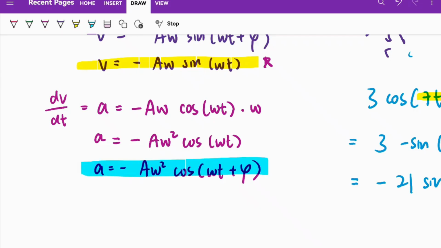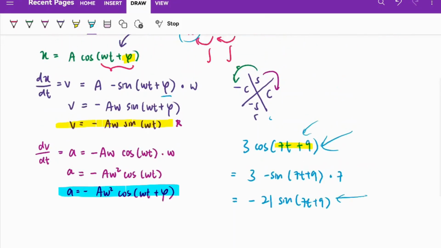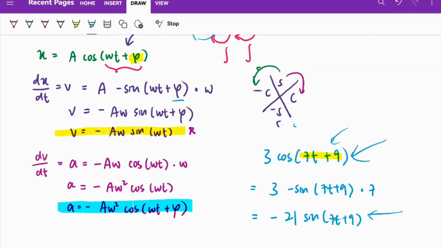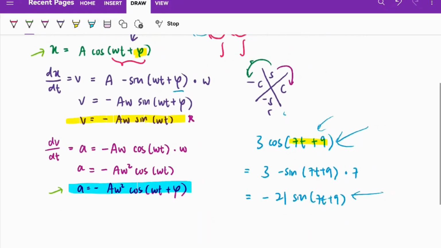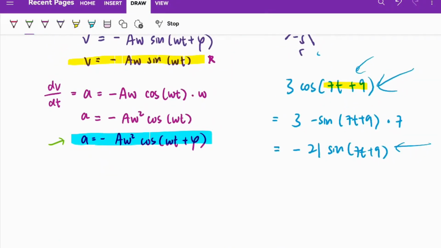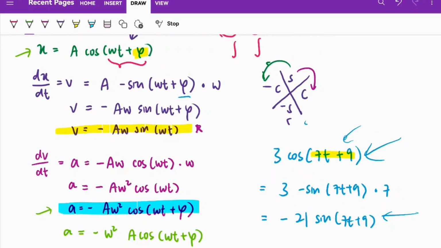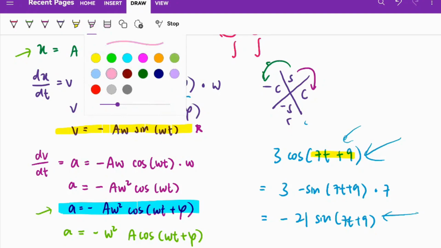So, I want you to notice something. Do you notice that your acceleration function here and your displacement function has some kind of similarity? Okay, now where is that similarity? So if I rewrite my acceleration function as a equals to negative omega square a cos omega t plus phi. Now can you see the similarity? It's this function that is similar,